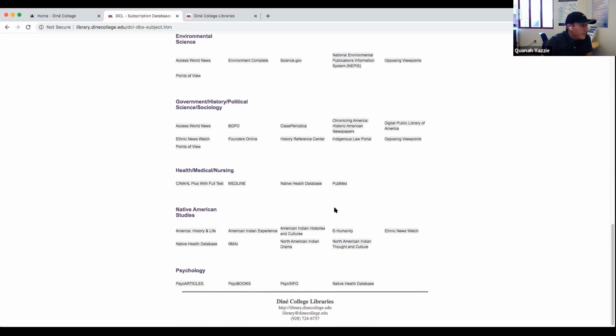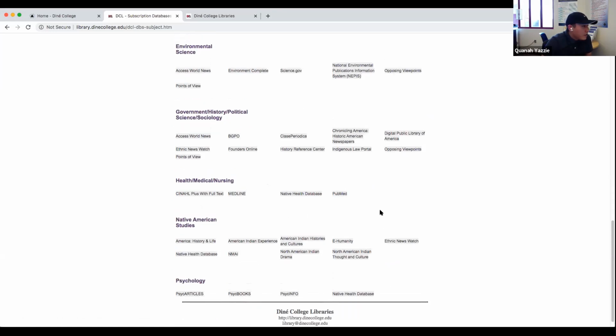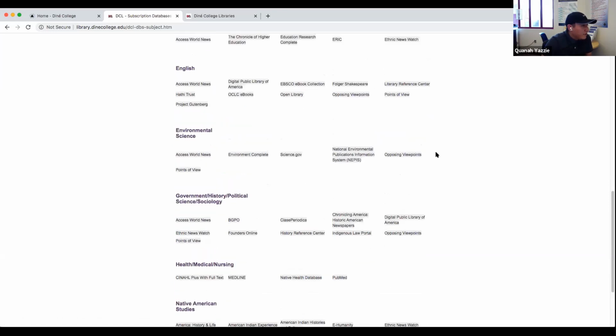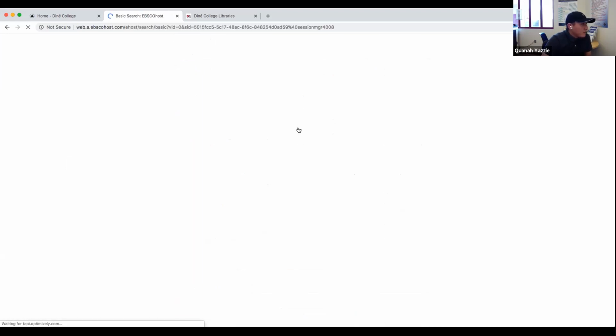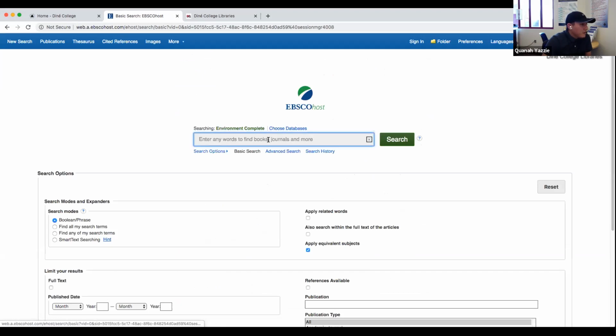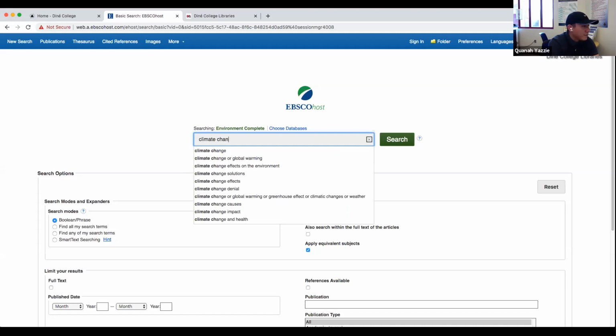So once we have our narrowed topic, for climate change, we can go into environmental science here. And then let's just try Environment Complete. So this goes to EBSCO. And within this little search, all of them will generate a search engine just like this. And here's where we'll actually put our narrow topic. I don't know, what did we say? Climate change. Let's say effects on,